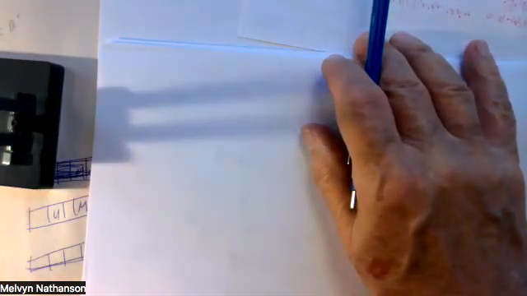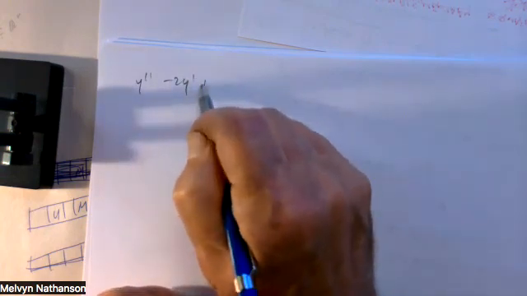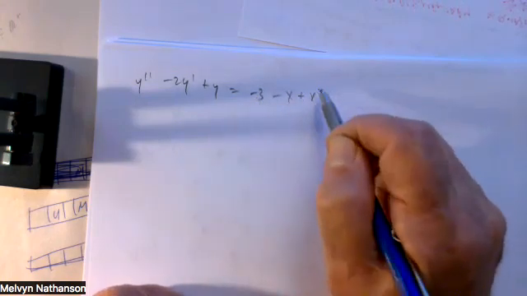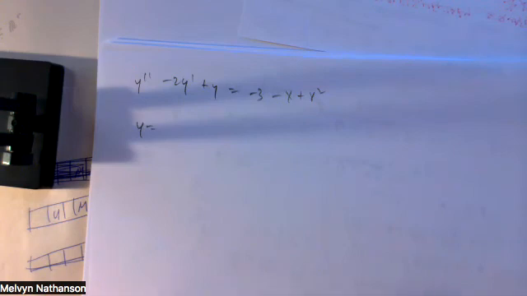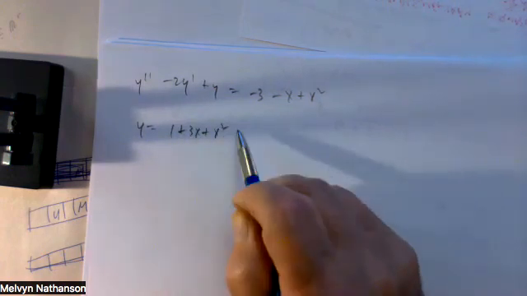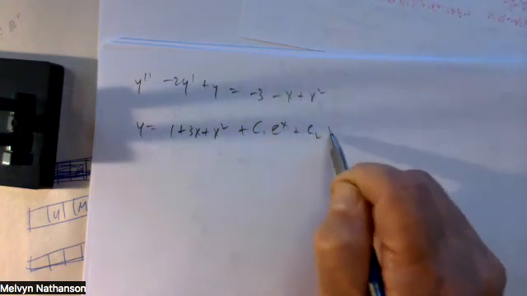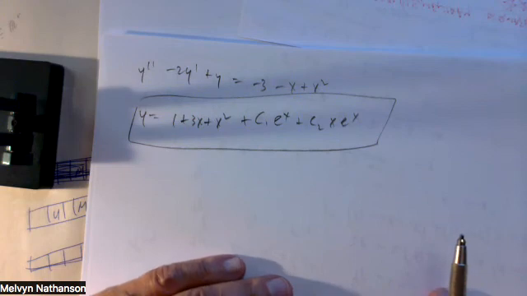So where I have the differential equation Y double prime minus 2Y prime plus Y equals minus 3 minus X plus X squared, the general solution is Y equals my particular solution, that's the quadratic I just found, 1 plus 3X plus X squared, plus any linear combination of the fundamental set of solutions to the complementary equation. So that's the general solution